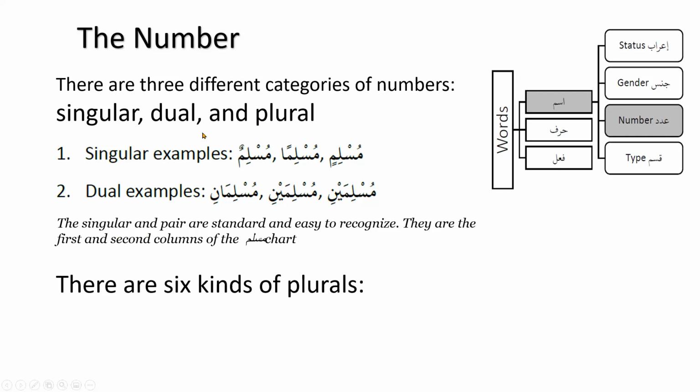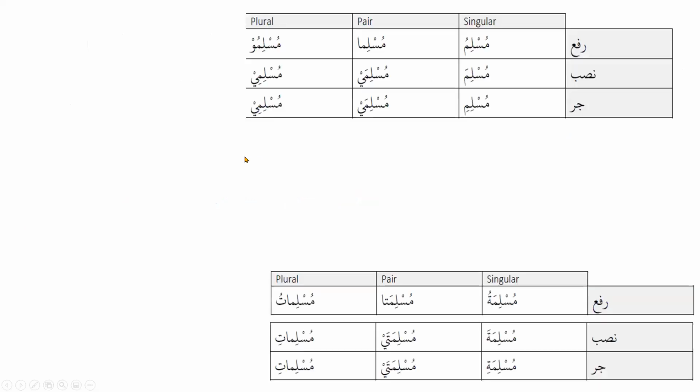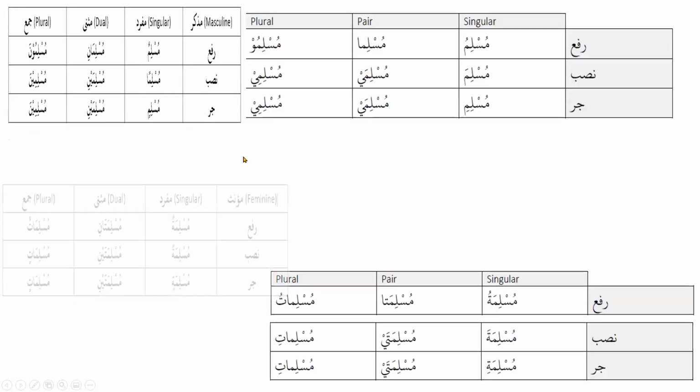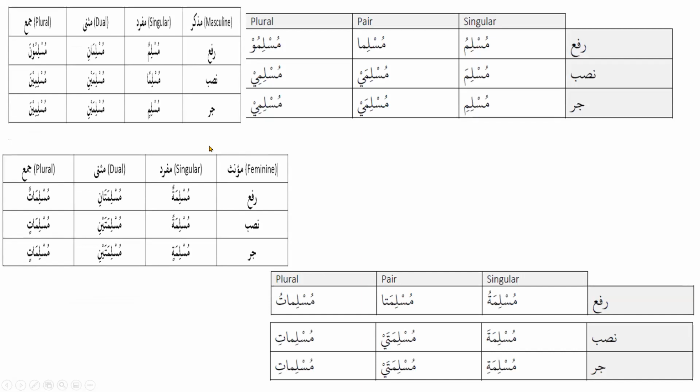Now before we jump into the plural, let's look at our chart one more time, so that we understand what we said. On the left hand side, we have the heavy chart, right, for the masculine and for the feminine. For the masculine, you can see muslimun, musliman, muslimin. That's why we said on the top this is singular sounds, ending sound, no combination, un and in sound. And same with the feminine, tun, tan, tin sound.